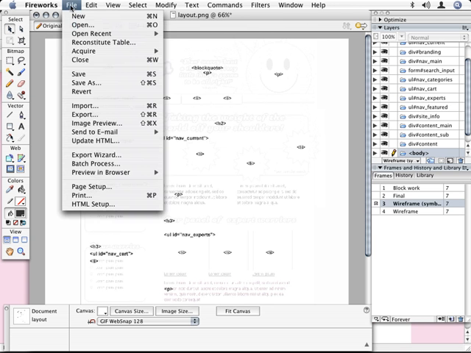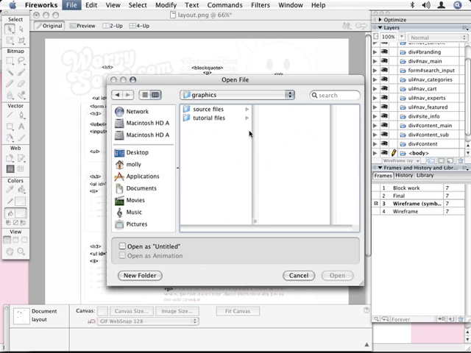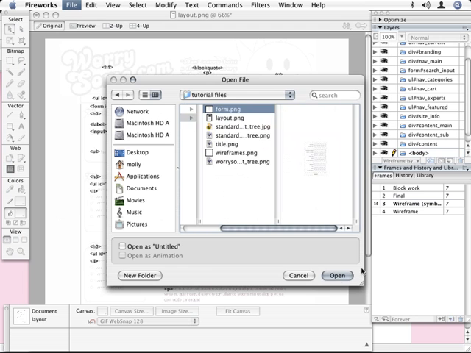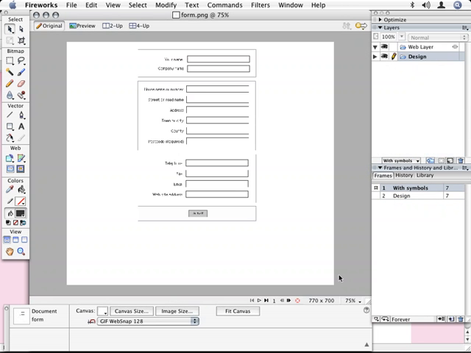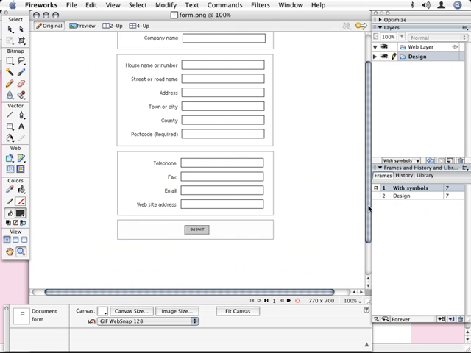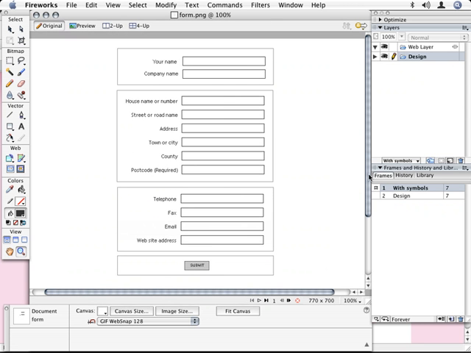So let's open up a form example. Now these files are available in the source directory. So here I have my form PNG. And I have a basic form covering some of the topics that we talked about earlier on, with inputs and labels and field sets and divs. And also on another layer,